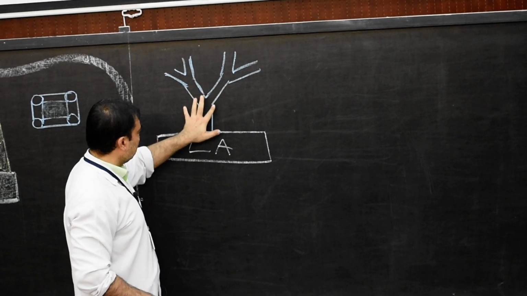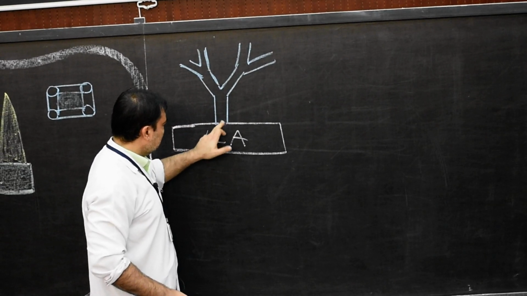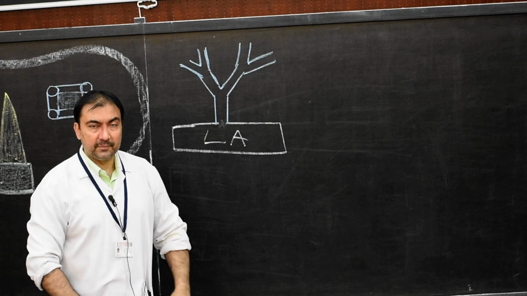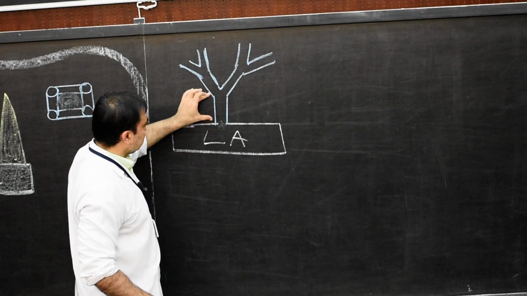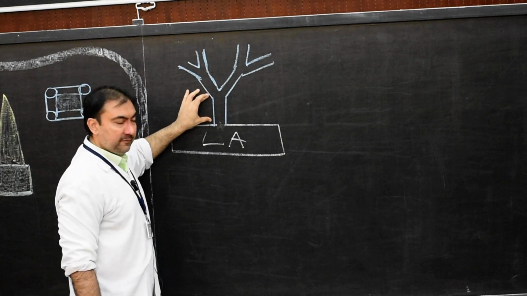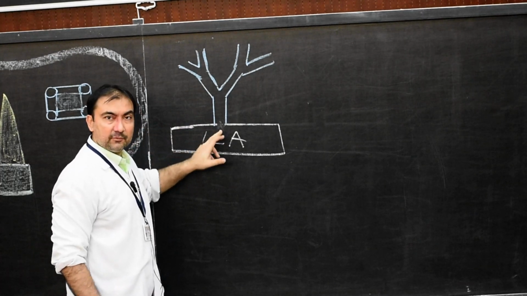We are interested in this entire structure. So where is this pulmonary vein ultimately opening? In the dorsal wall of left atrium. Now what will happen? Now very interesting. This much part is absorbed. This much part of pulmonary vein will be absorbed in the dorsal wall of left atrium.